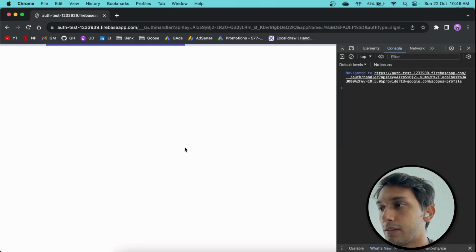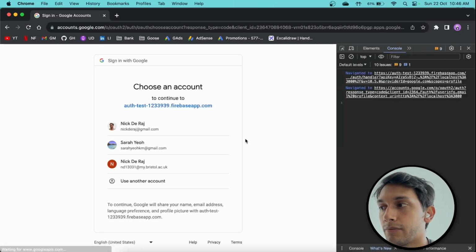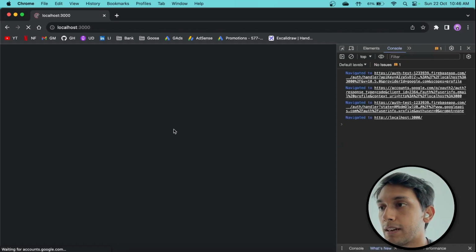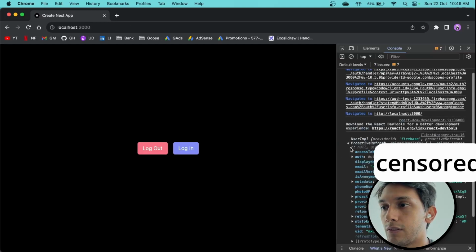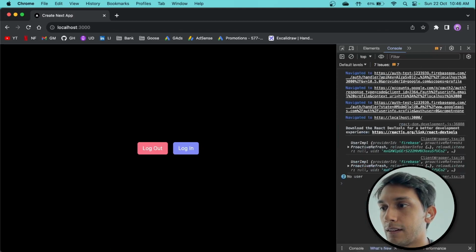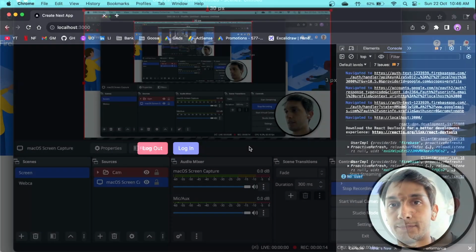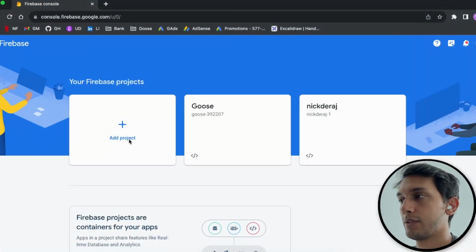So as a quick demo, I'll click login, it redirects me. I choose my account, and I come back and you'll see that there is a user logged in. Here's all my details, and I can log out and the event listener is running, so every time the user changes, it logs there's no user or there is a user. So let's get started. So the first thing you're going to do is head over to